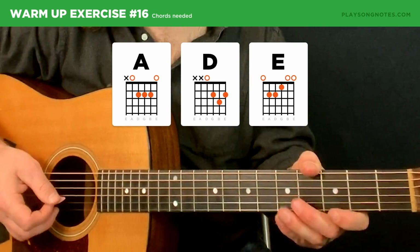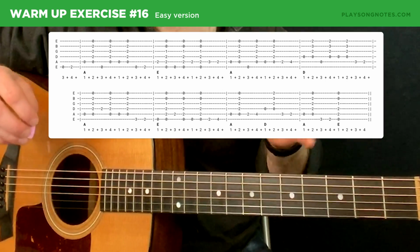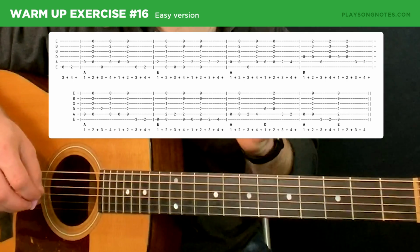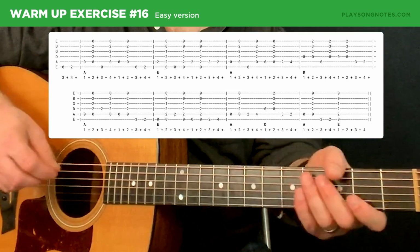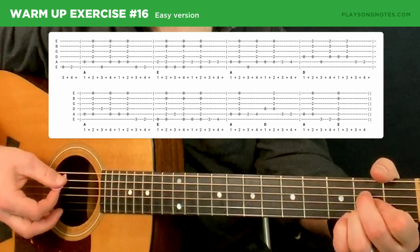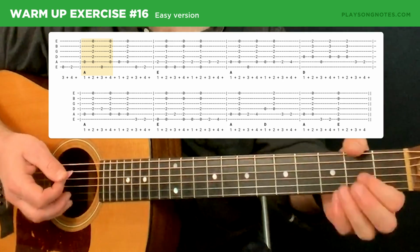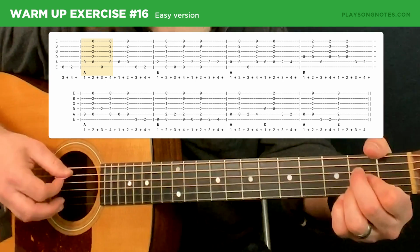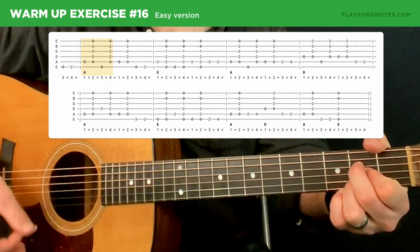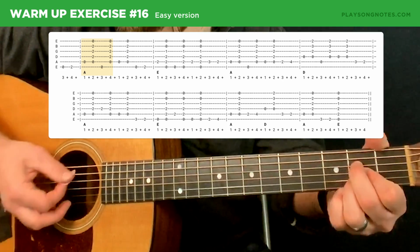Big picture, I've broken it into two lines of four sections each, and each section has about two measures. Let's start with these walk-ups, or alternating bass notes, on each chord. Instead of just having an A, for a lot of this song, no matter what chord we're playing, we pluck the bass note of the chord, then do a full strum of the chord, and then pluck a different bass note, then strum again. So the A,